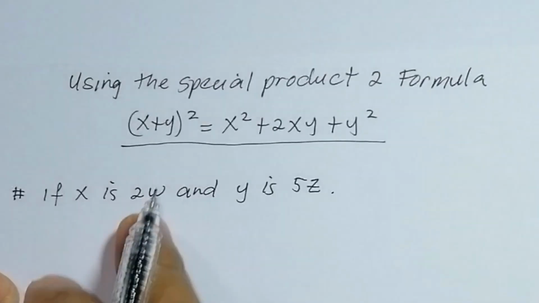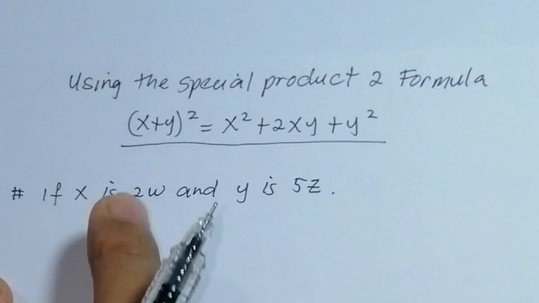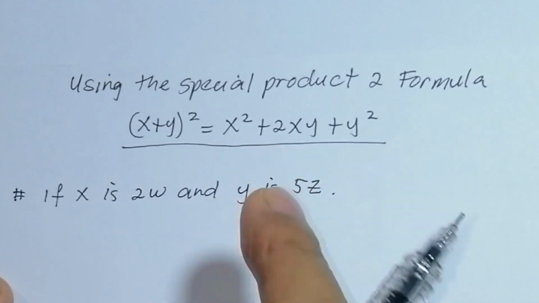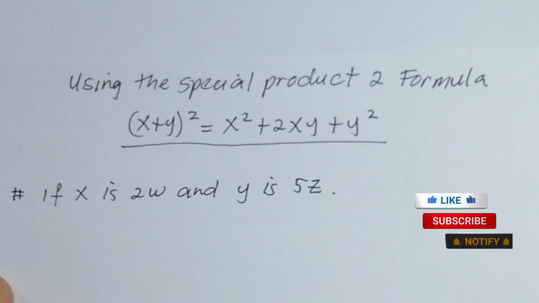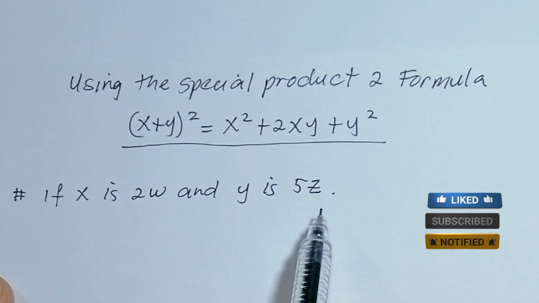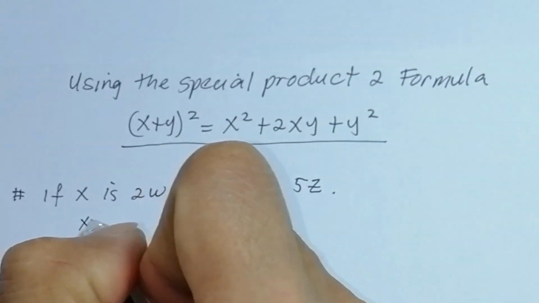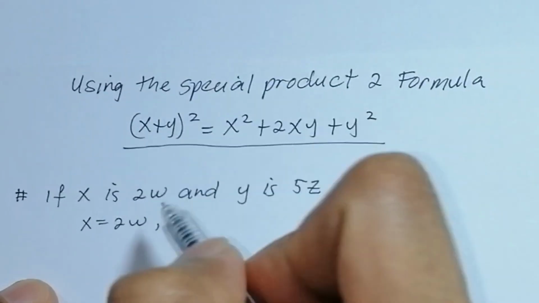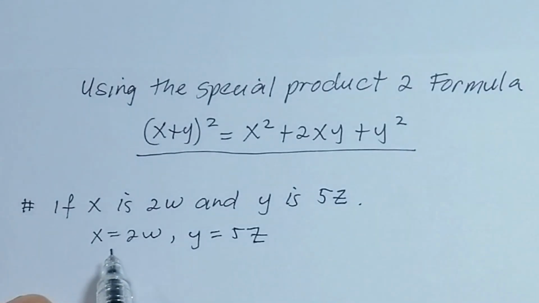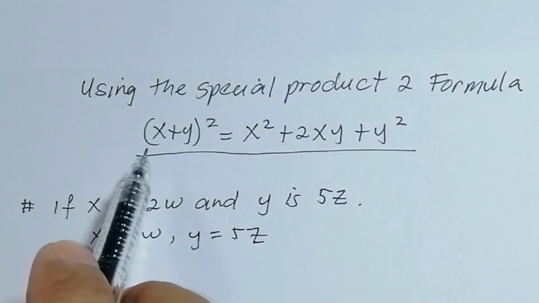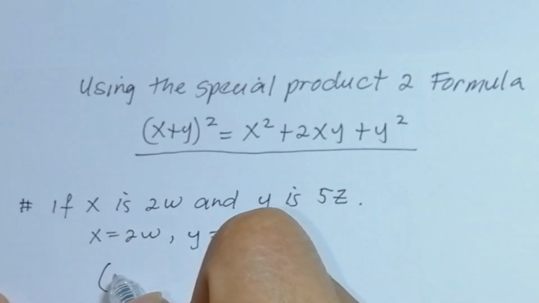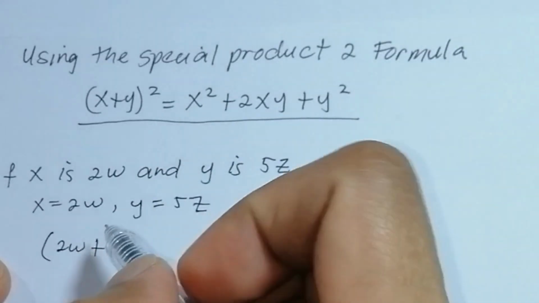And next, using the special product 2 formula, this is the perfect square. We have x plus y squared is equal to x squared plus 2xy plus y squared. So the problem here is if x is 2w and y is 5z. Now, x is equal to 2w, then our y is equal to 5z. Using this, we have to place these values of x and y into the place of x and y. So our x is 2w, bracket, x is 2w plus, then our y is 5z,